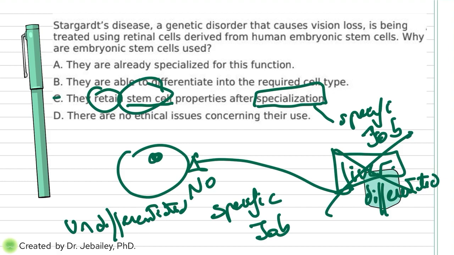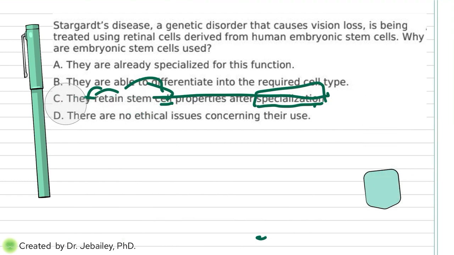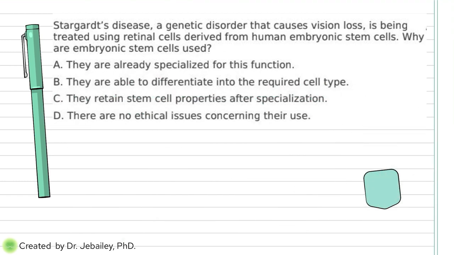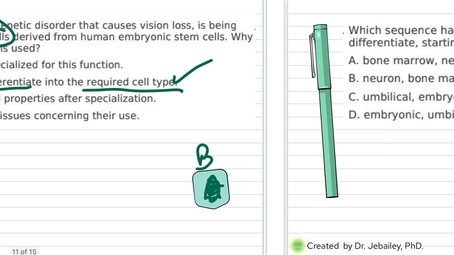So C is canceled, which leads me to one and only answer. The only possible answer for this case scenario will be this one. It's able to differentiate into a specific cell type. In this case, it will be able to do what we call the retina cell, right here. It can be able to make this guy. Oops, so again, the answer is B. I wrote it wrong. Next,